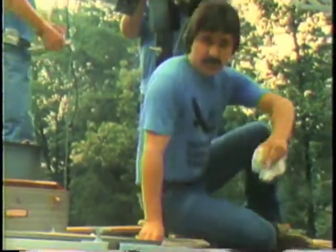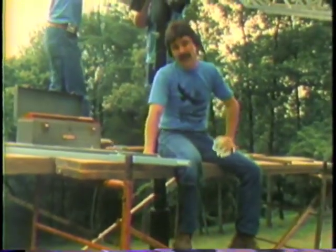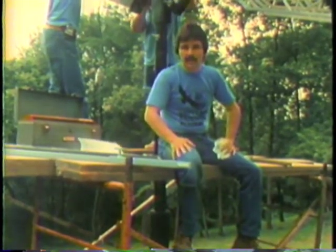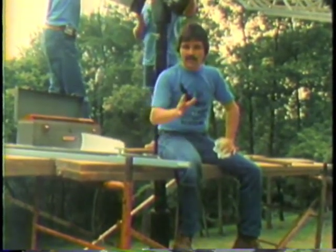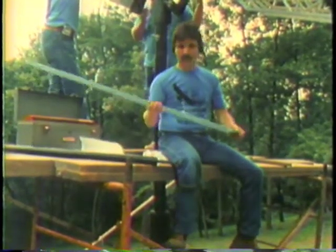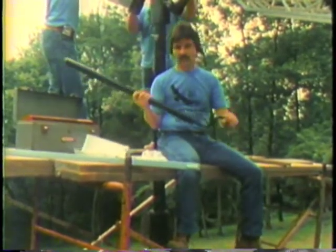With smaller dishes, you probably won't need something like this to get the dish up in place. With larger or heavier dishes, you might need a backhoe or even a crane to lift the dish into place. Once the dish is secure, attach your azimuth bar, whether it be a tube type, a hand crank, or a